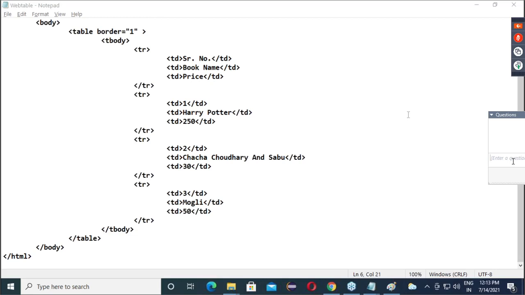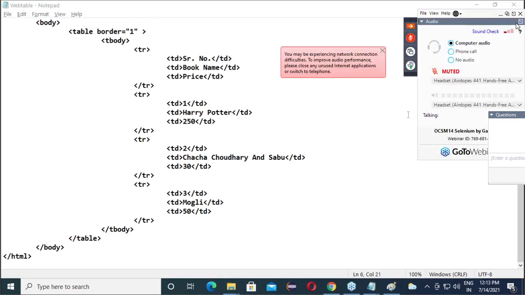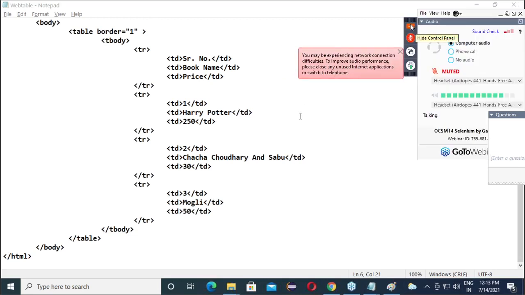Now, going into the application, you will find text box, password box, button, radio buttons, checkbox, list, links, images, web tables. Clear with this?